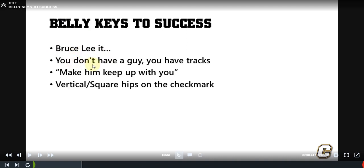And so, that's why this play is a great fire and forget play that you don't have to scheme up. If the guys just trust their tracks, everything's going to work out. Make him keep up with you is one of the things. If you were to come to our practice, you're going to hear me say that a lot to our tight